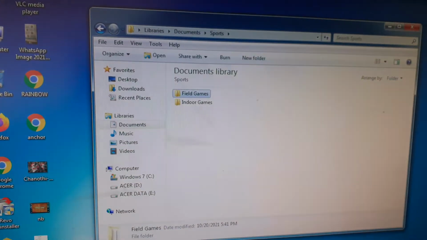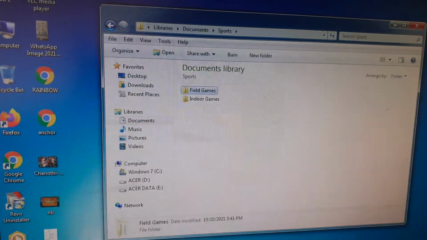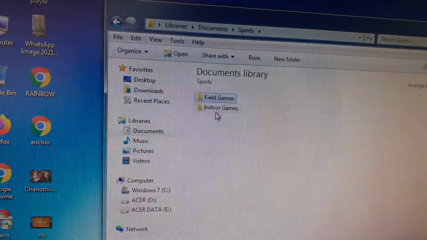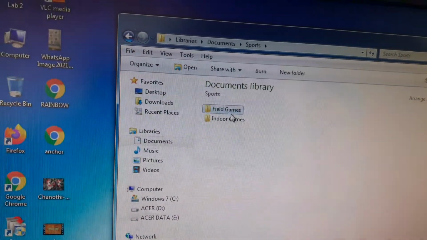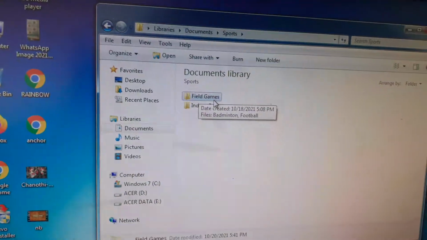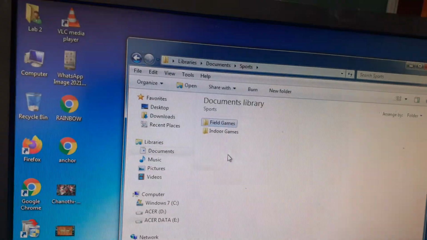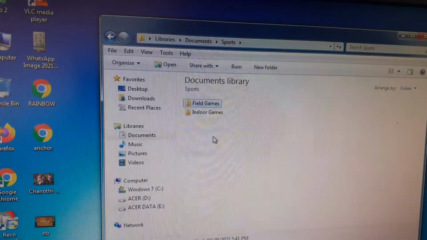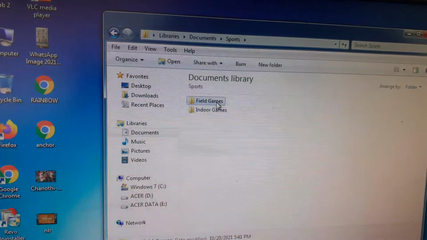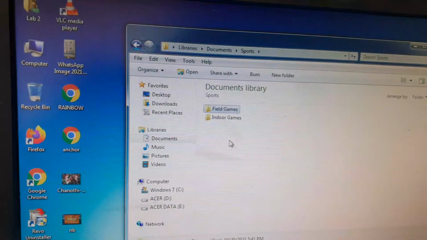Now you can see these folders are arranged in alphabetical order. First is field games, second is indoor games. Here field games, that we renamed. First it was outdoor games and now we just renamed it and gave another name, field games, right? So in this way you can rename any file and folder.